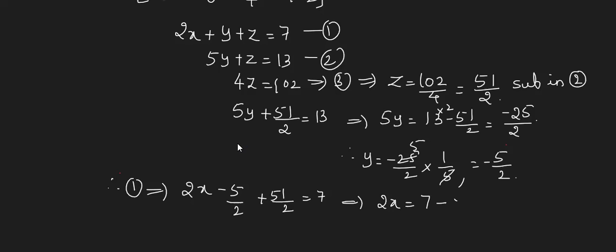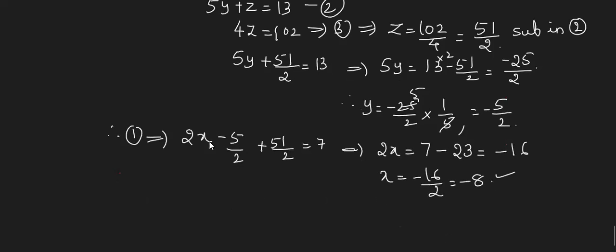Shift it here, it becomes minus 23. What is our value here? 7 minus 23 is how much? Minus 16. So x will be minus 16 by 2, which is minus 8. Done? Now write the solution. From this also we are going to get the same values. Okay, so this is about